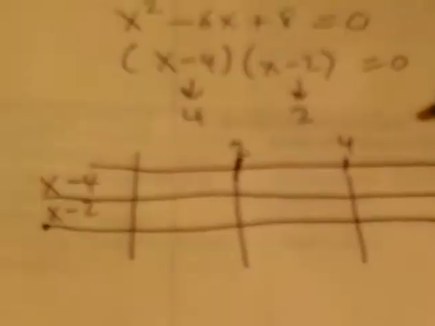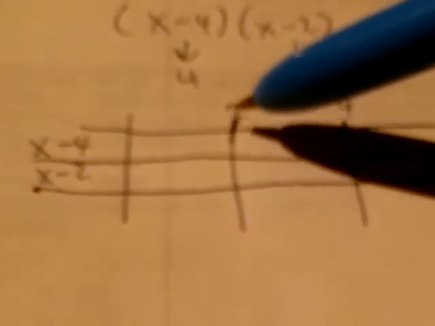So we have our nice little sign chart right there. As before, we're going to pick a number to the left of 2, such as 0. Nice and easy for us. So 0 minus 4 is negative 4, so that's negative. 0 minus 2 is negative 2, so that's negative. And we know that negative times a negative is a positive. So we know the